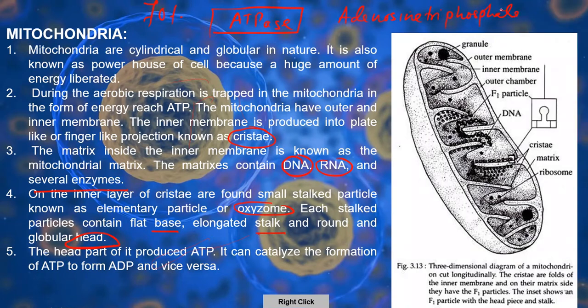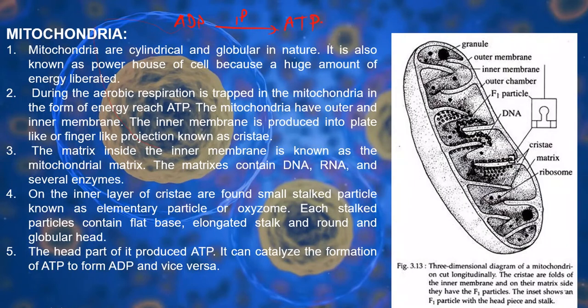So adenosine triphosphate is the full form of ATP. Adenosine diphosphate, ADP, will be changed into ATP with the addition of inorganic phosphate, by the help of the enzyme ATPase,